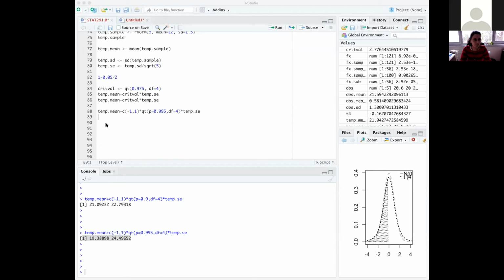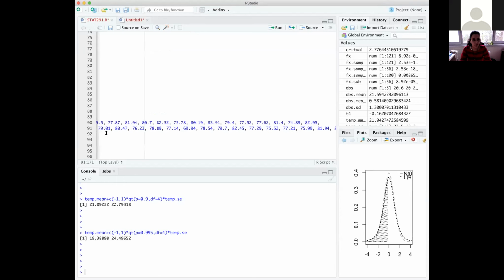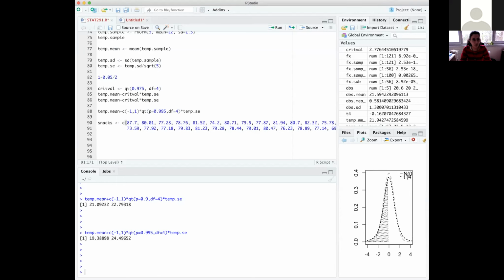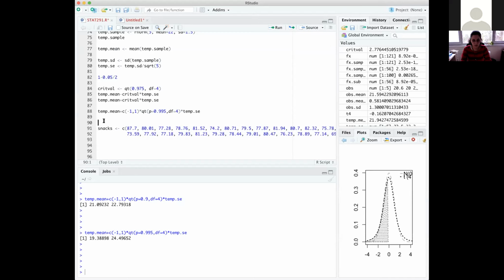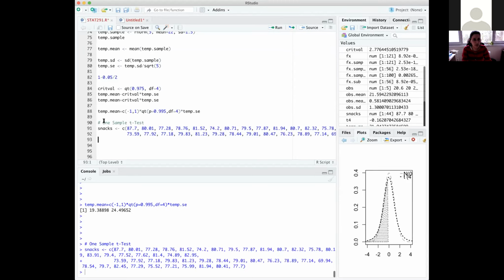You can just get the snack vector in here. And here is my vector. I just copy it and paste. We are working on a one sample t-test. Okay, here is my snack vector. You see that they just weighed 44